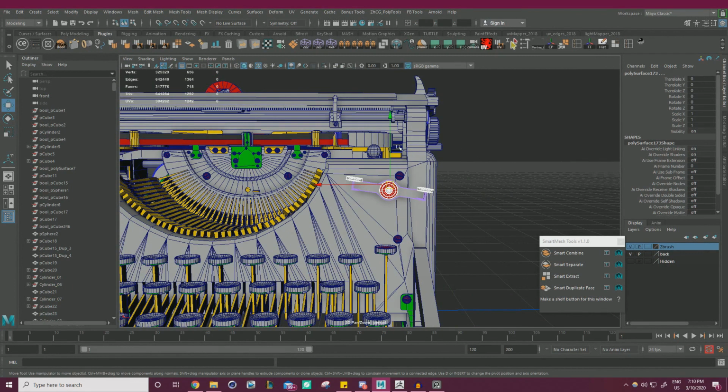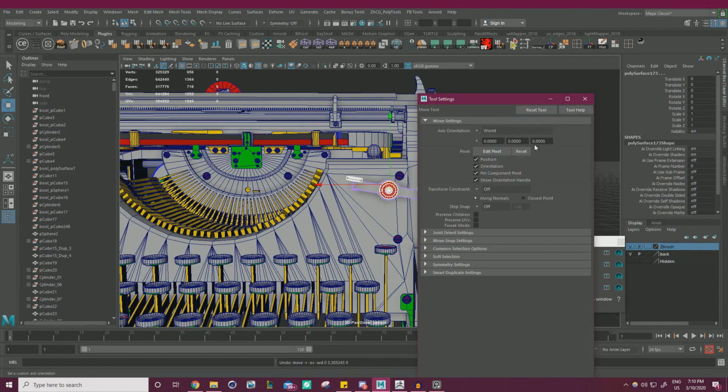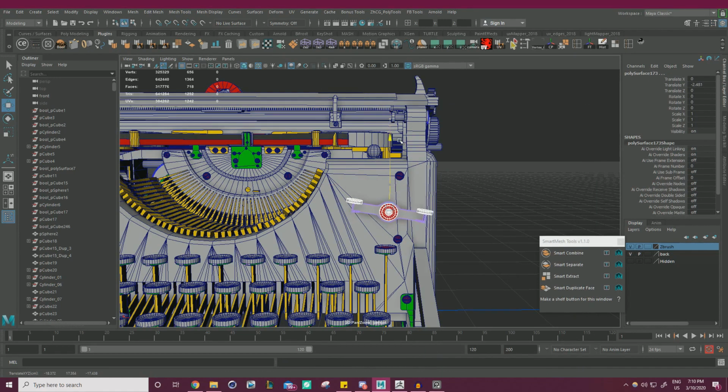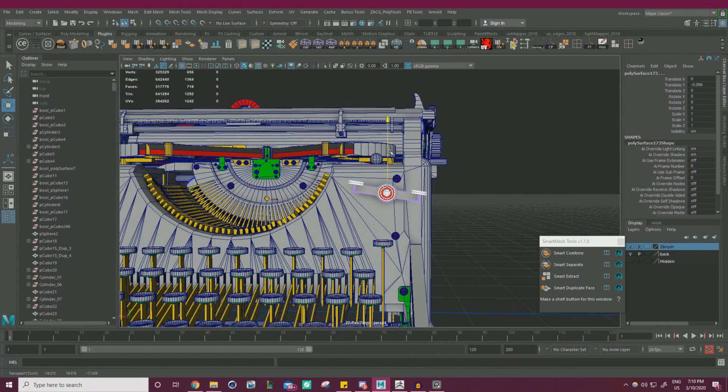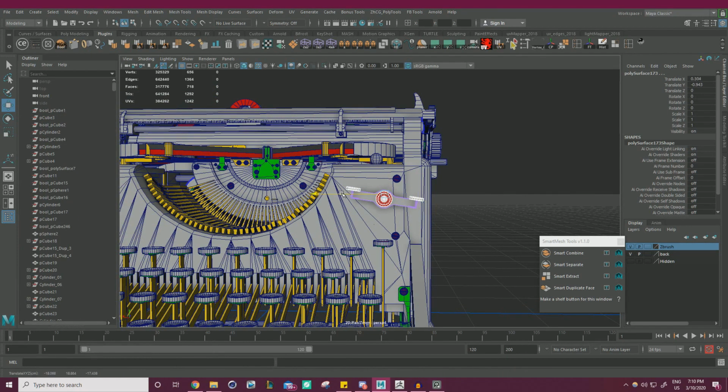Freeze transform sleeve history first. Weird, there's sliding. I'm wondering if, yeah, it's on component. Change that back to world. And we're good. I'm going to lower this just based on the reference a little bit more